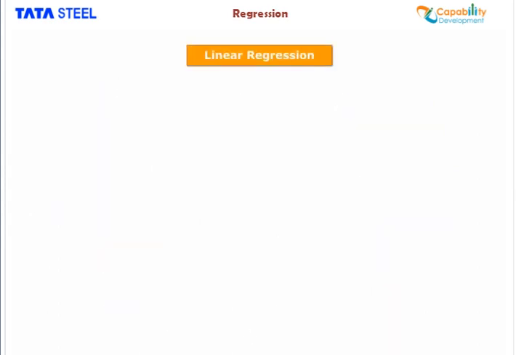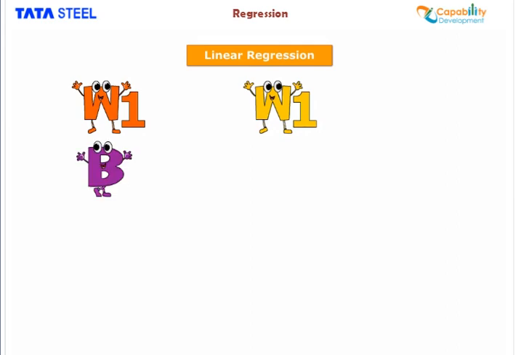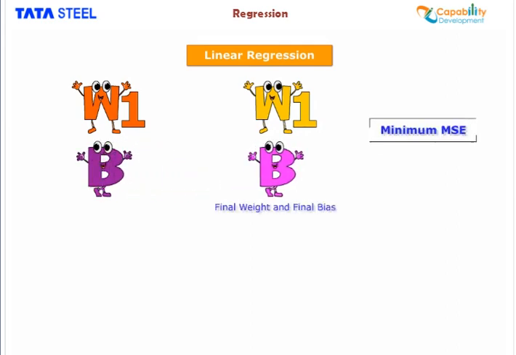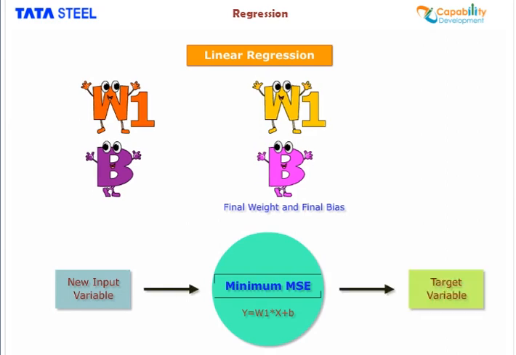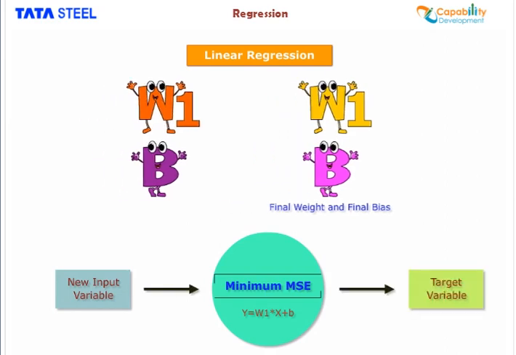After a few iterations, you will get the values of W1 and B, which will result in minimum MSE, and those will be the final weights and bias. The equation thus formed can be used to predict the target variables based on new input variables. MLR problems are solved using similar concepts, but it is difficult to visualize these relationships as it is the case of an n-dimensional view. This problem is taken care of since all the regression tools are robust in identifying the most suitable regression line.